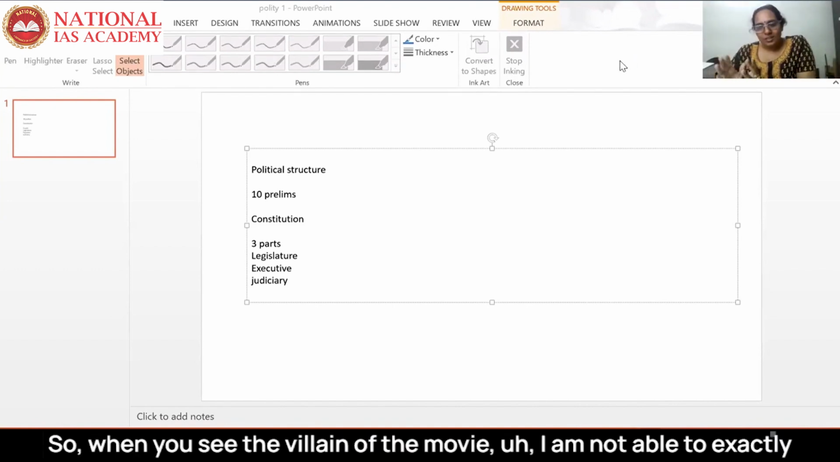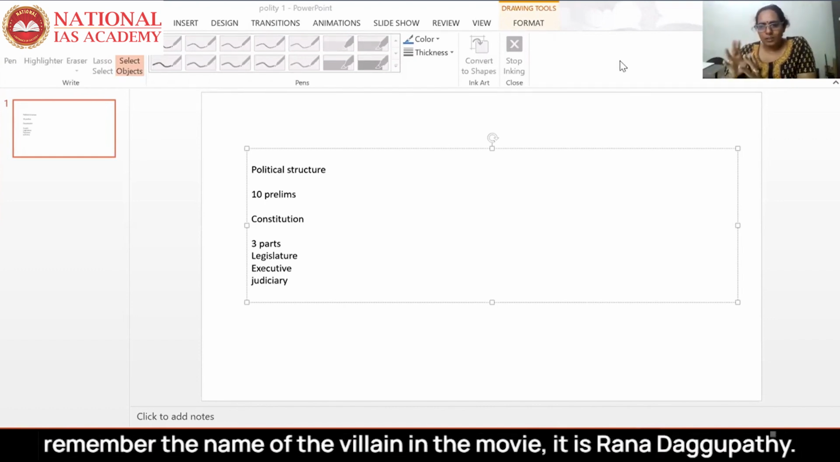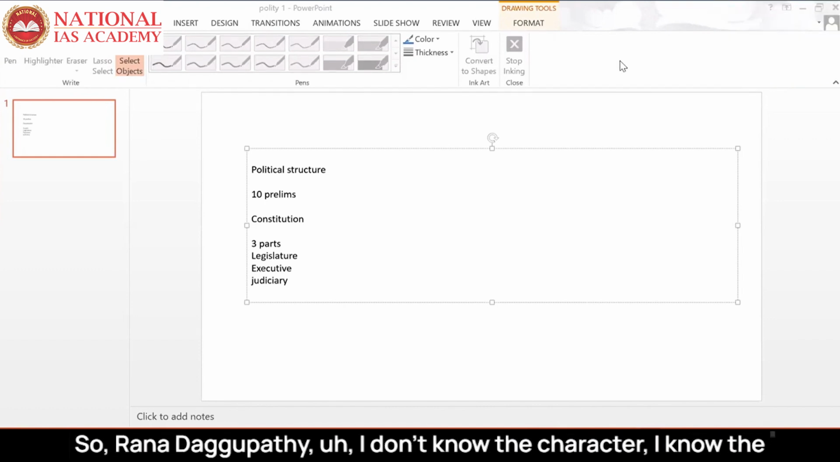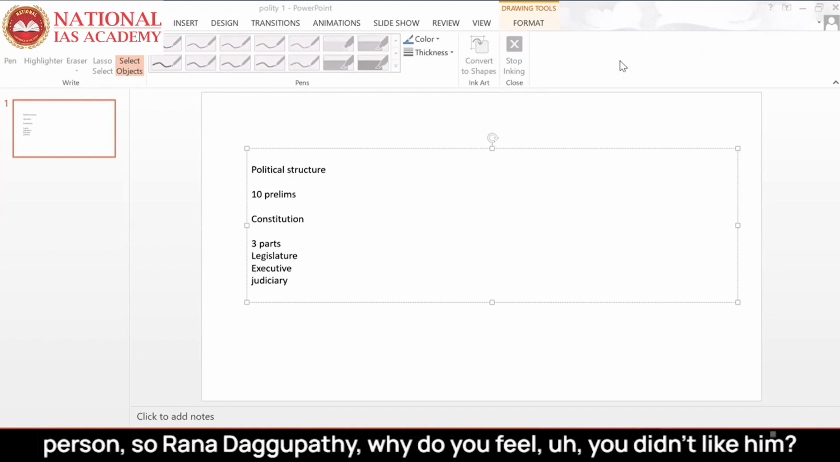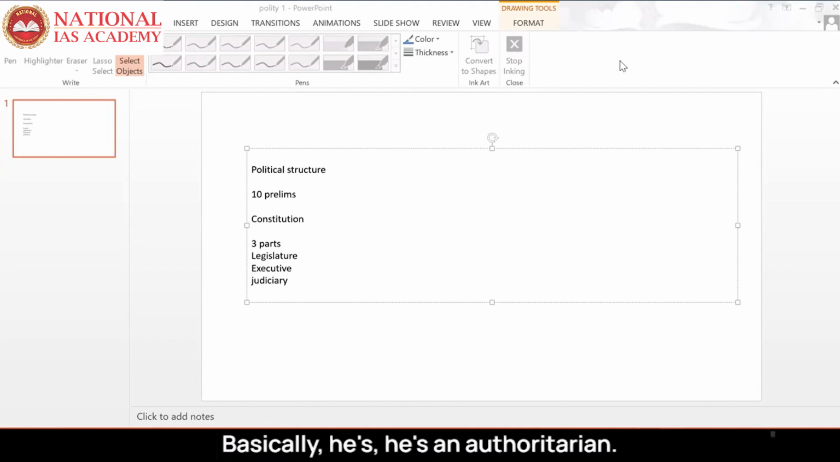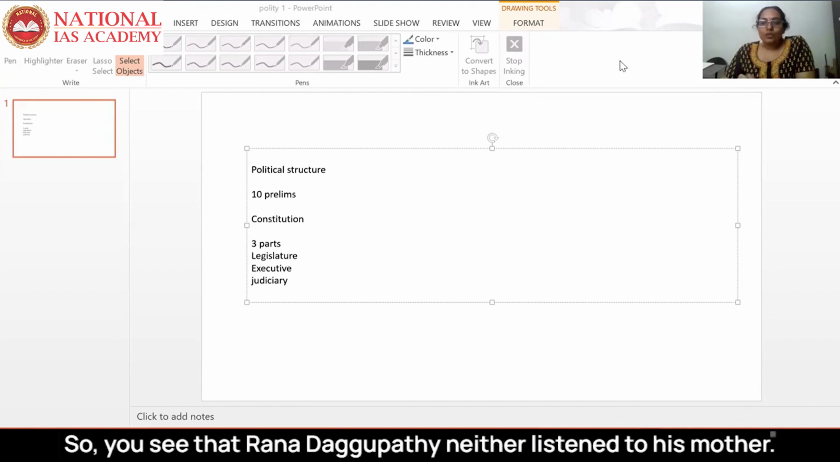So when you see the villain of the movie, I am not able to exactly remember the name of the villain in the movie. It is Mr. Rana Daggubati. I don't know the character, I know the person. Why do you feel you didn't like him? Basically, he's an authoritarian. So you see that Rana Daggubati neither listened to his